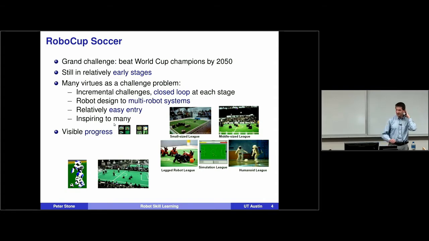And there's still huge challenges in getting humanoid robots that have the agility of people, and there's also the decision-making challenges. But it's been a phenomenal sort of progress over the years. If you're interested in these things and you haven't been to RoboCup, I strongly encourage you to come sometime. I'm about to be the president of the RoboCup Federation. This coming competition will be in Sydney, Australia, in July, and it's really a phenomenal event.